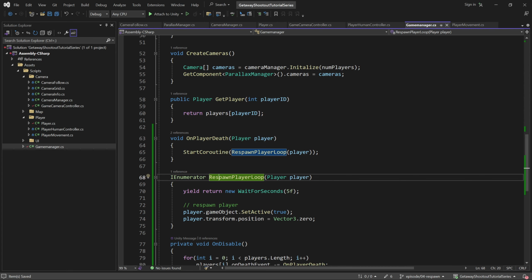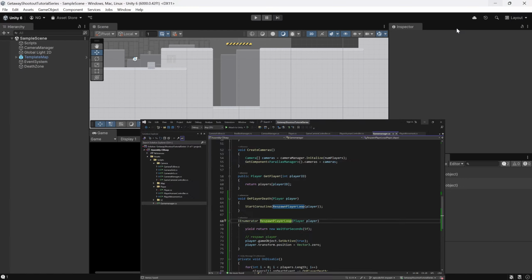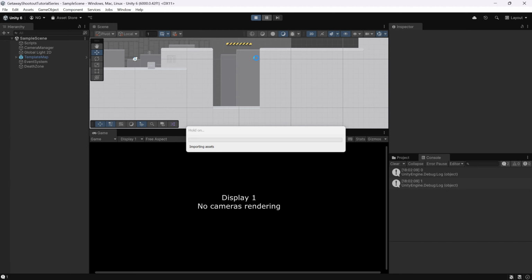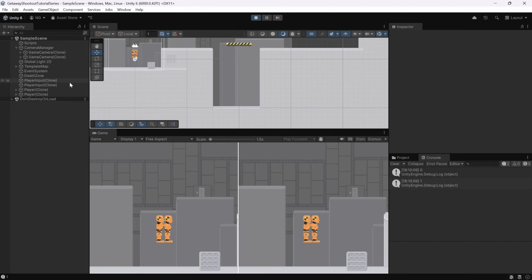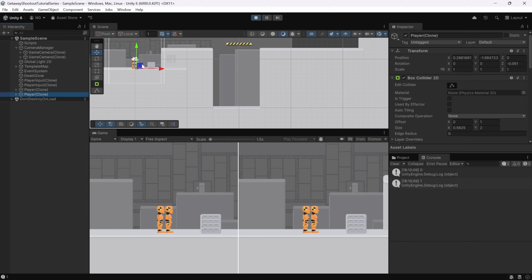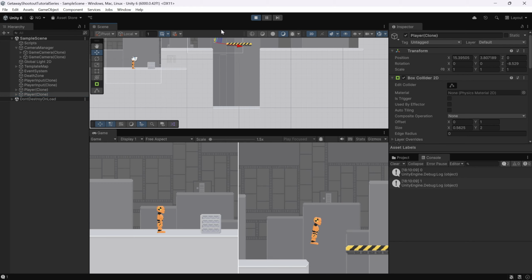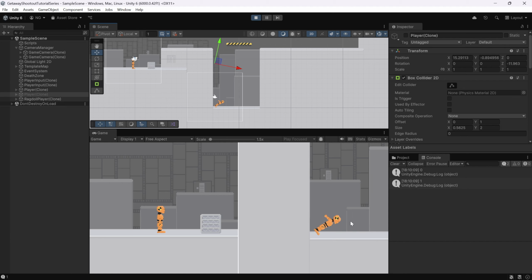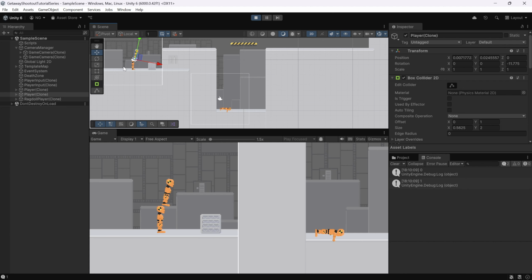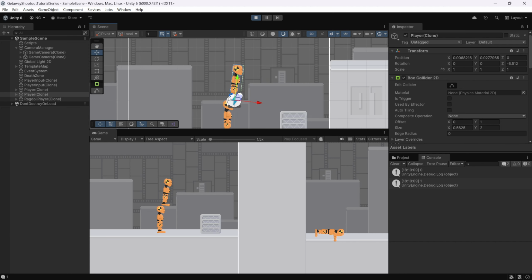Now, well, actually, I'll show you what is wrong right now, but it should be working mostly. So I'm just gonna quickly drag this player over here. Okay, so it dies. 1, 2, 3, 4, 5. Okay, now a new player got created, but now this is the problem I'm talking about: